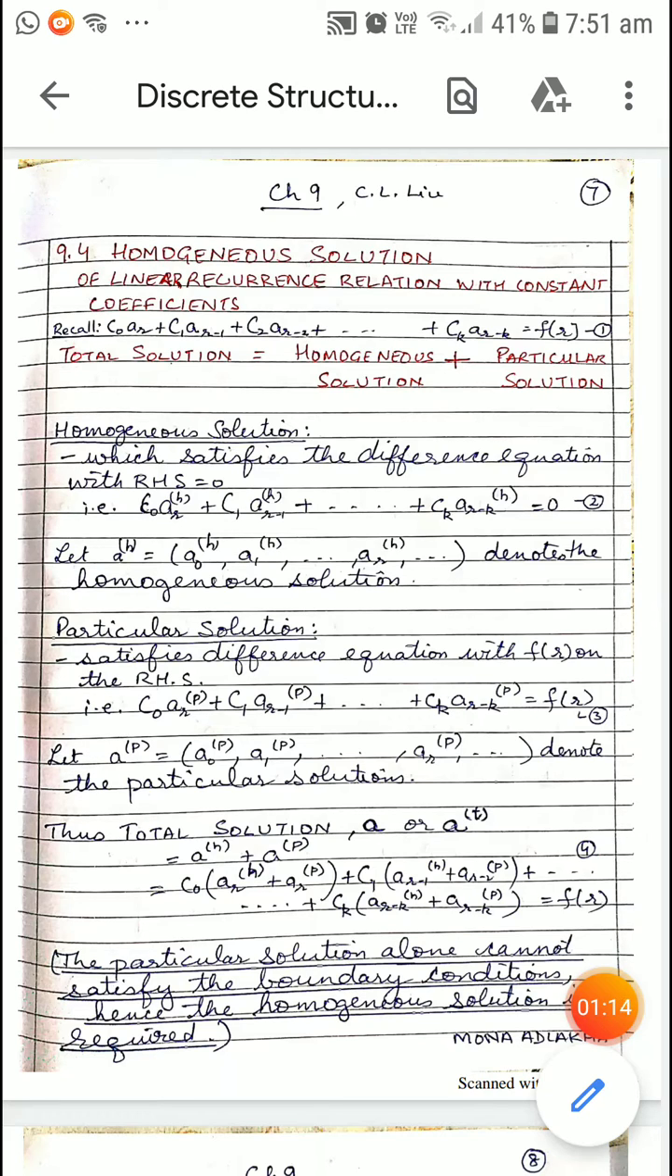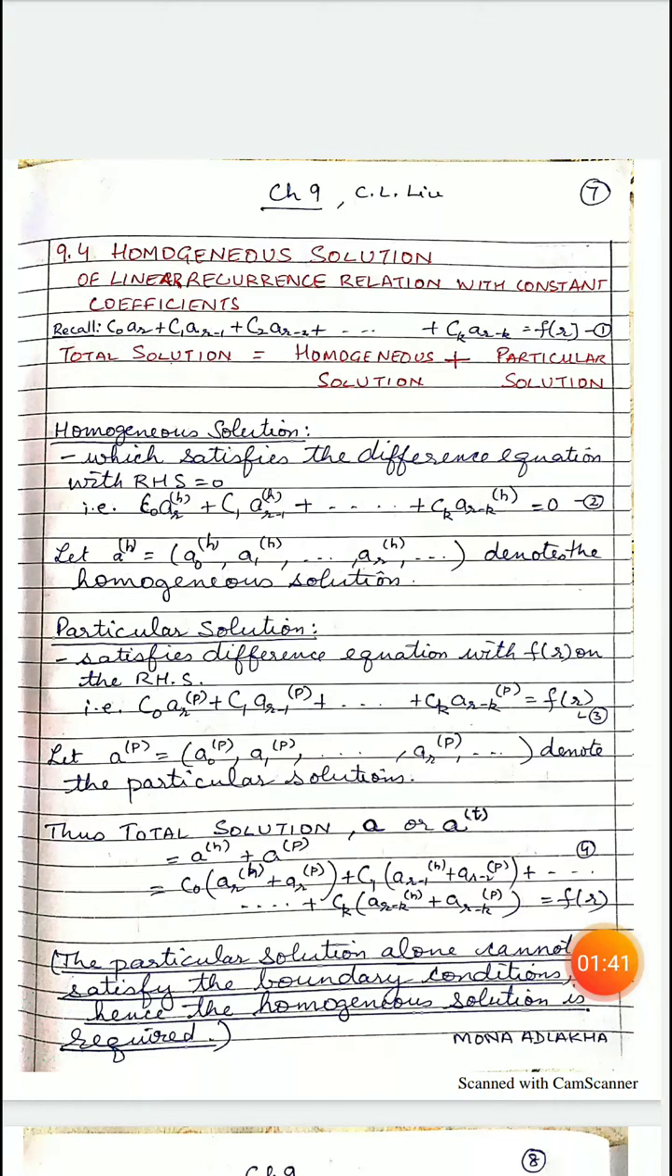And now to find a solution to this linear recurrence relation with constant coefficients, which we will extensively be calling the difference equation, you have to find the total solution, which is the sum of the homogeneous solution and the particular solution. Now the homogeneous solution is one which satisfies the difference equation, keeping the right hand side of equation 1 equal to 0. That is, C0 a_r, and then we put an H in the superscript just to signify that it is a homogeneous solution,